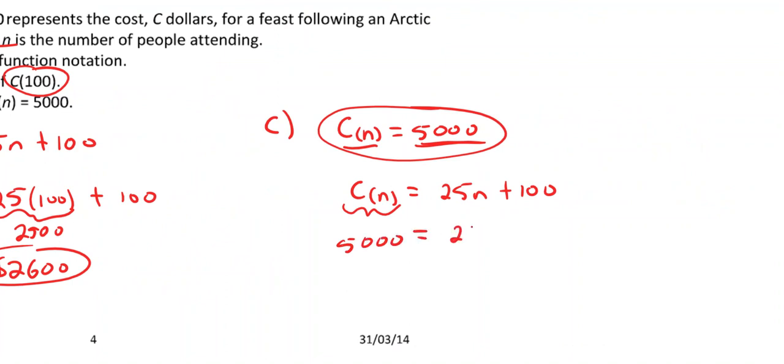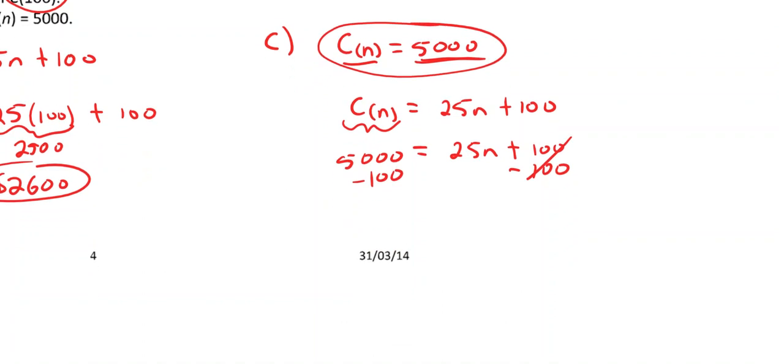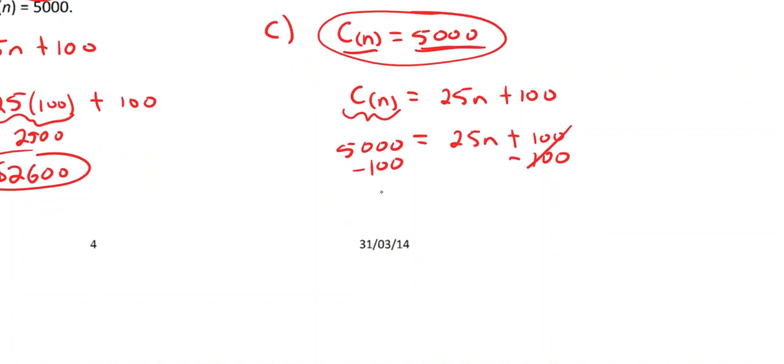And that's equal to 25N plus 100. And now I'm just solving for N. So I just need to get N on its own, right? So the 100 has got to go and the 25 has got to go. Which of those goes first? The 100, right? And how do I get rid of it? Subtract 100, because I'm adding right now. You always do the opposite of what's being done, right? So we were adding, so we'll subtract 100. So we subtract from the other side. So 5,000 minus 100 would be,